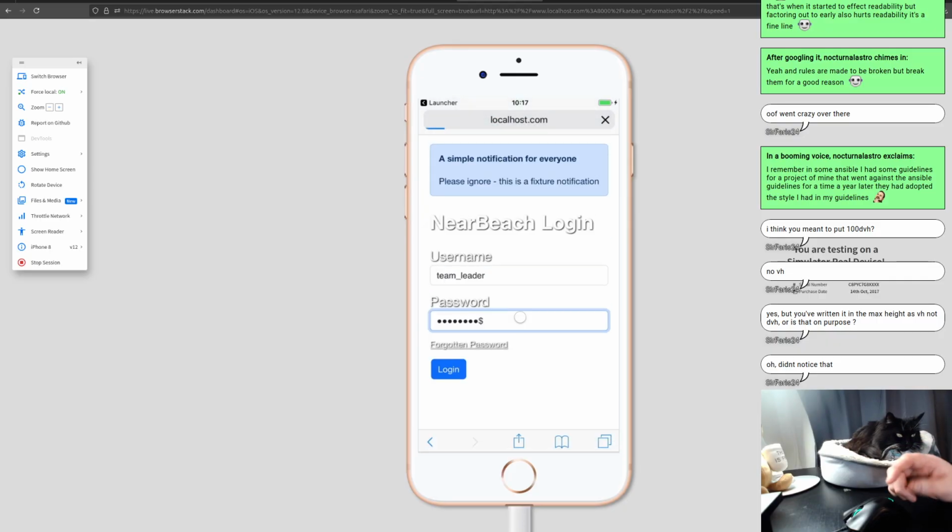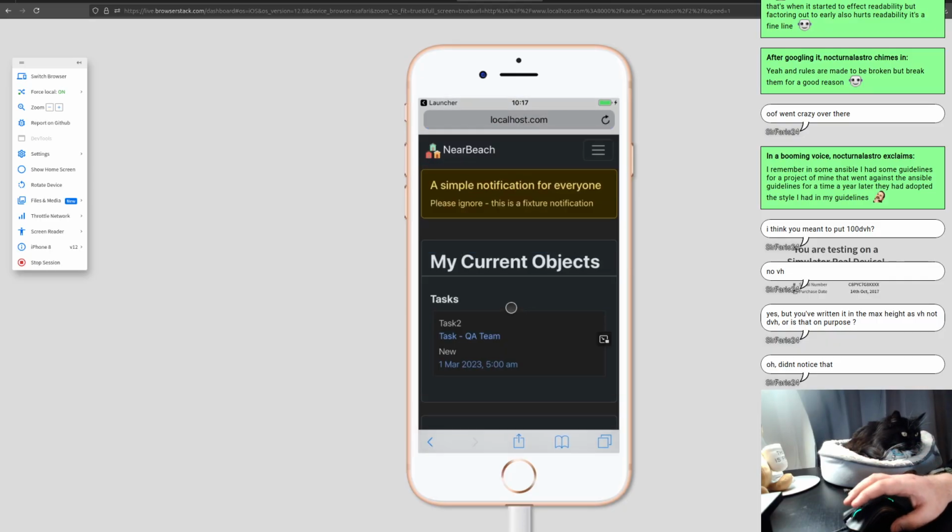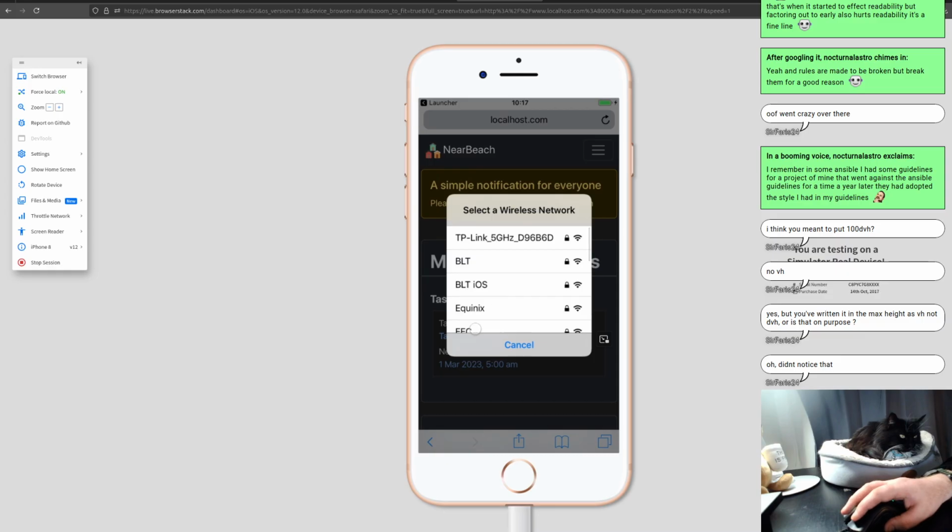But the reason why I'm trying an old iPhone and stuff like that is because, yeah, people will still be using old hardware. And sometimes you need to